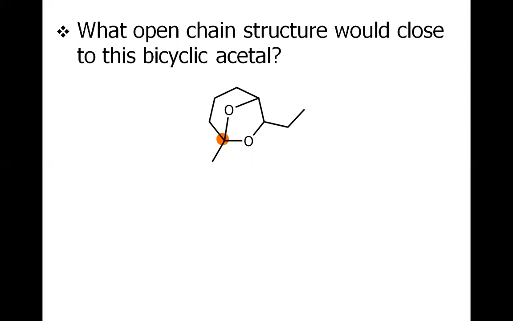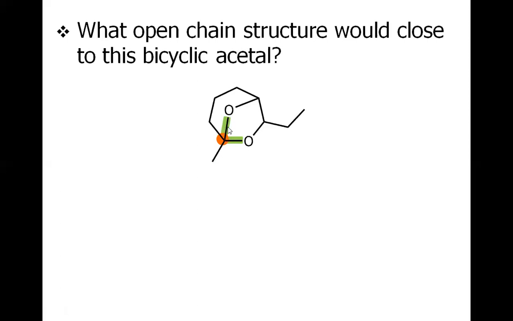Why am I telling this ketal? Because this carbon is directly connected to two alkoxy groups. The one is here, the oxygen and the carbon chain, and the other is here, the oxygen and another carbon chain. And why am I calling it ketal? Because this carbon is connected to two carbons, this carbon and this carbon. So this is ketal. And let us highlight the bonds,